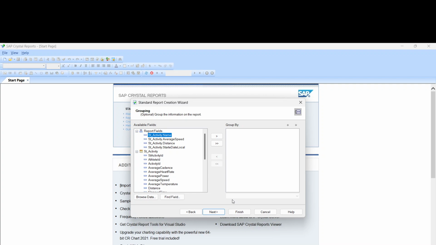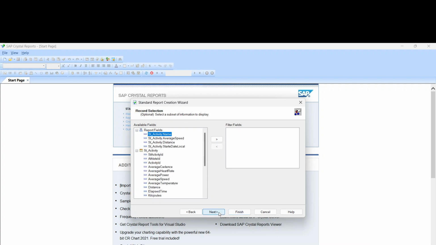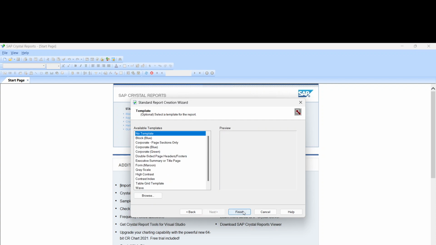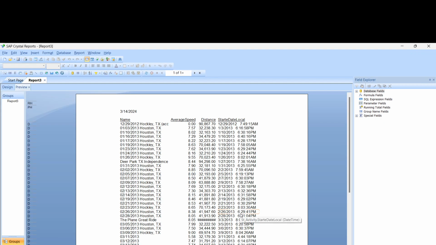We won't group this, we'll just show all the records. And let's filter this by the type of activity. I'll pick zero. Zero is for rides, cycling rides. And let's finish. So this is the basic report that's created just by going through the wizard. But let's say we want to edit this report. We don't really need this, we can delete all this, but we want to create custom formulas,